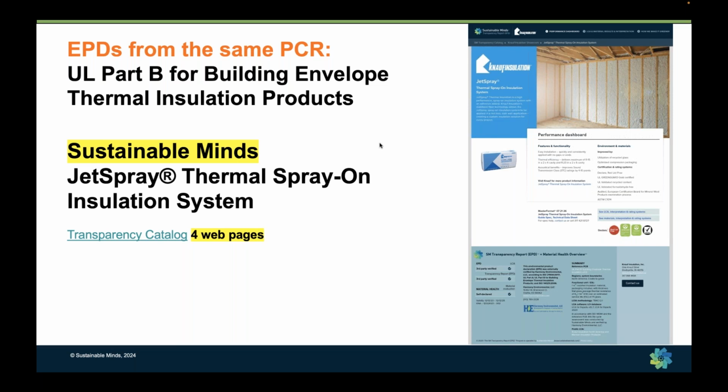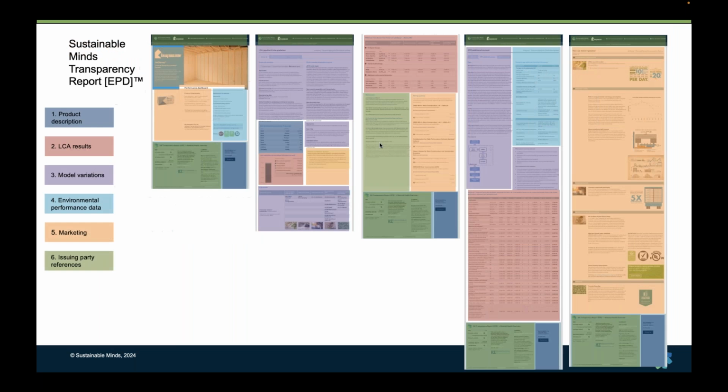And here's page 1. It tells you the name of the product. And here's what all 4 pages look like. And you can see it's really a patchwork quilt of different content types and quite a lot of product marketing information.